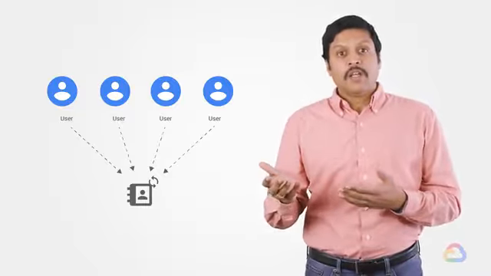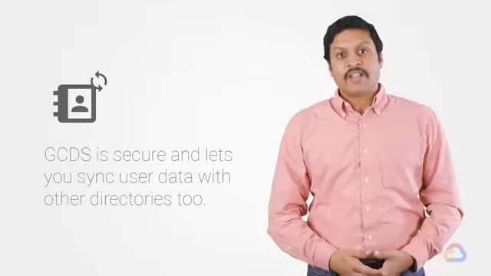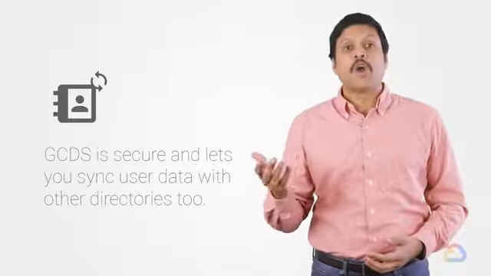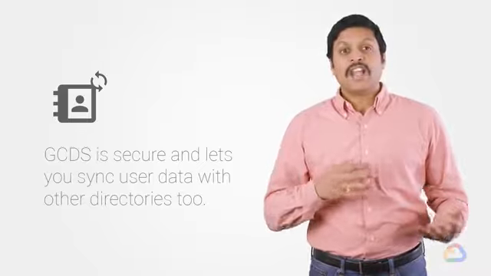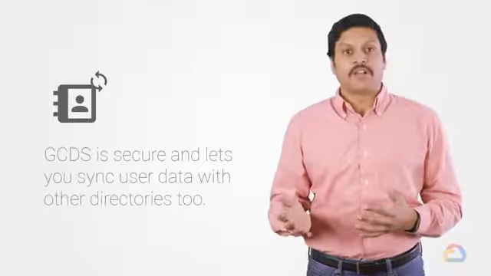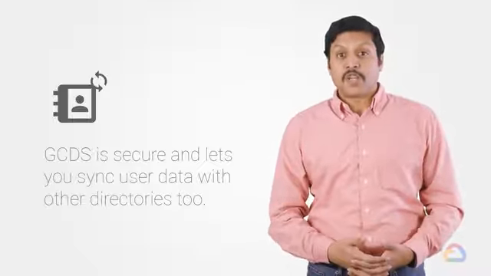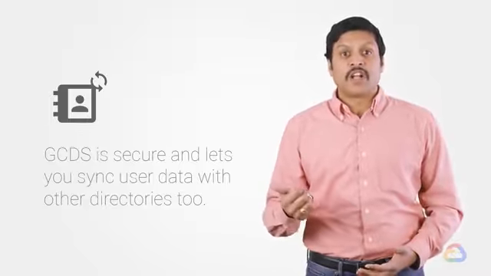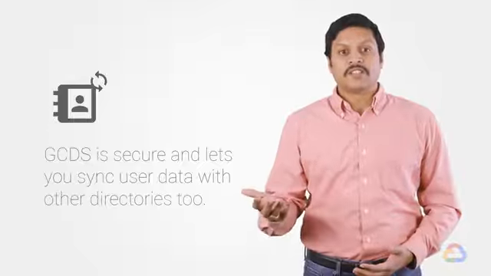If your organization has an existing directory and needs to move users over into Cloud Identity domain, you can use Google Cloud Directory Sync, or GCDS, to synchronize users' data with your Google account. With GCDS, you can sync the data in your Google domain with existing Microsoft Active Directory or LDAP servers. The data you move into the directory server is never modified. GCDS is a secure tool that helps you easily sync your existing users, shared users and contacts, groups, and licenses.